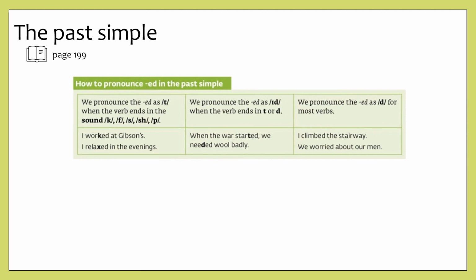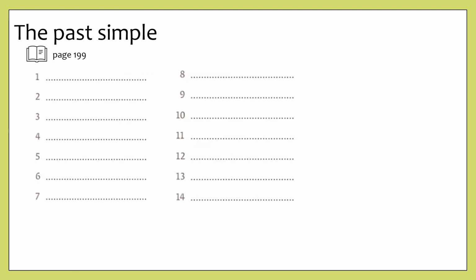Let's try. So for exercise 8, I told you to prepare the spelling part first, so you had to write down the verb forms. Now I want you to tick off the ending sounds. I'm going to pronounce the forms once more, and you have to indicate what. So we had lived, changed, arrived, loved,